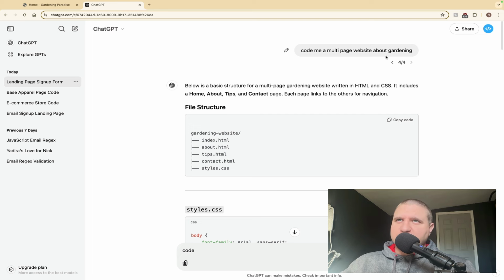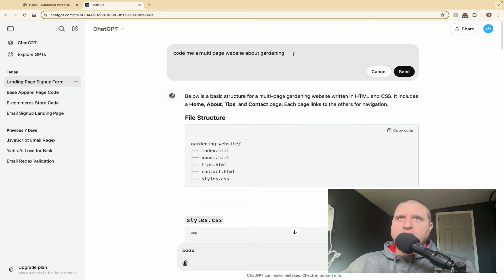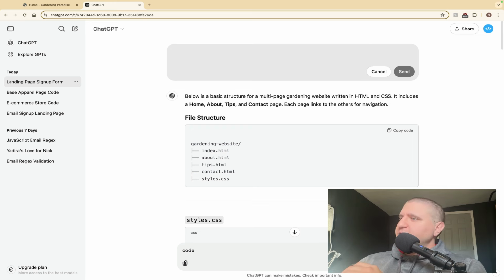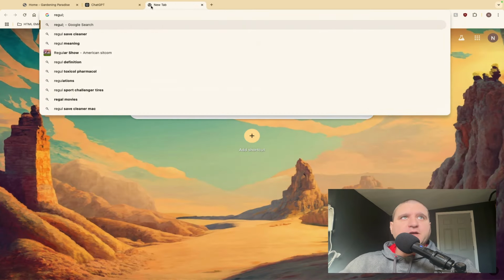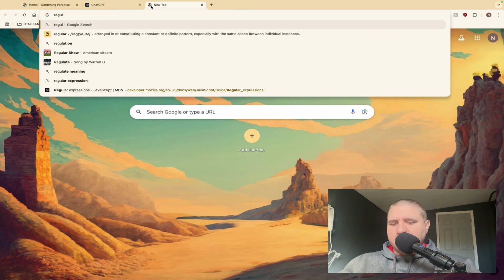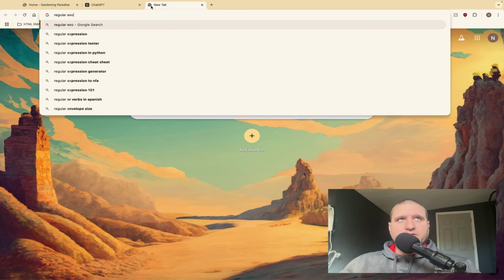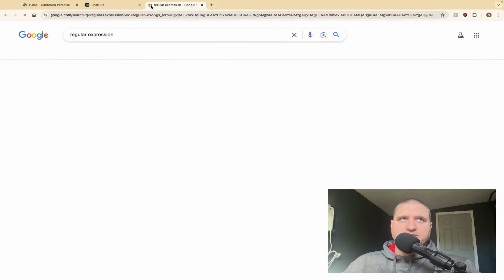It's just like an extension of a code editor, okay? So what I did in my last tutorial is I asked it for a really specific piece of code that is a pain in the butt to write, called a regular expression for JavaScript. And what a regular expression is, I went over this in the tutorial, but regular expressions are like little weird pieces of syntax that you have to use